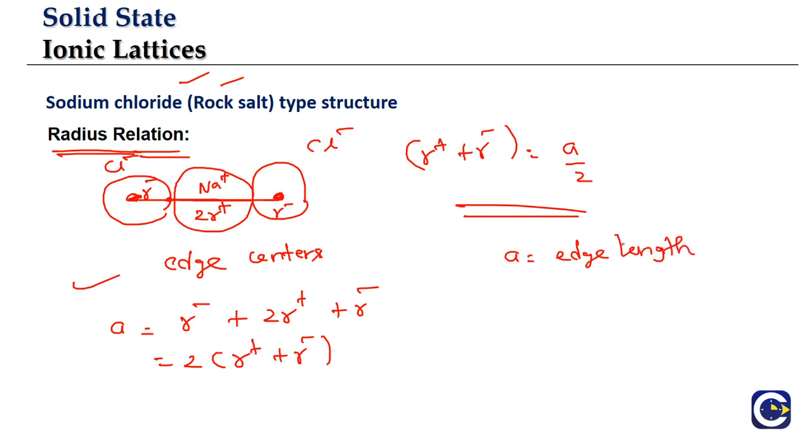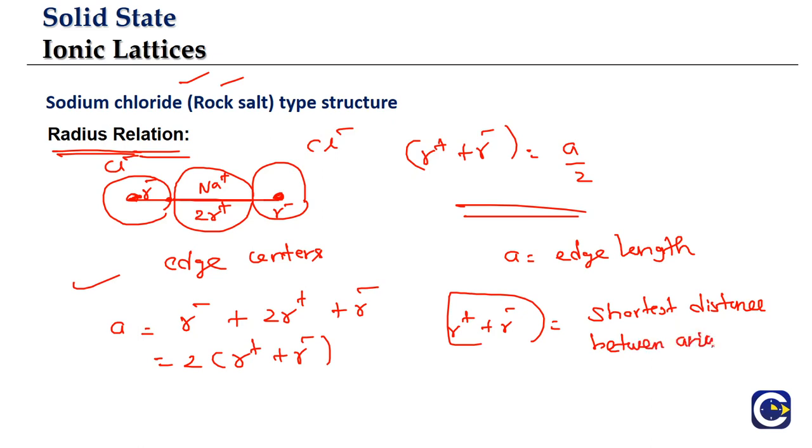And in ionic compounds, since this cation and this anion are connected to each other in close proximity, the value of r plus plus r minus is also called the shortest possible distance between the anion and cation, because after all they have to cover the radius of the anion and radius of the cation. So between these two centers, what is the value going to be? r minus plus r plus. So the r plus plus r minus value is also called the shortest distance between the anion and the cation.